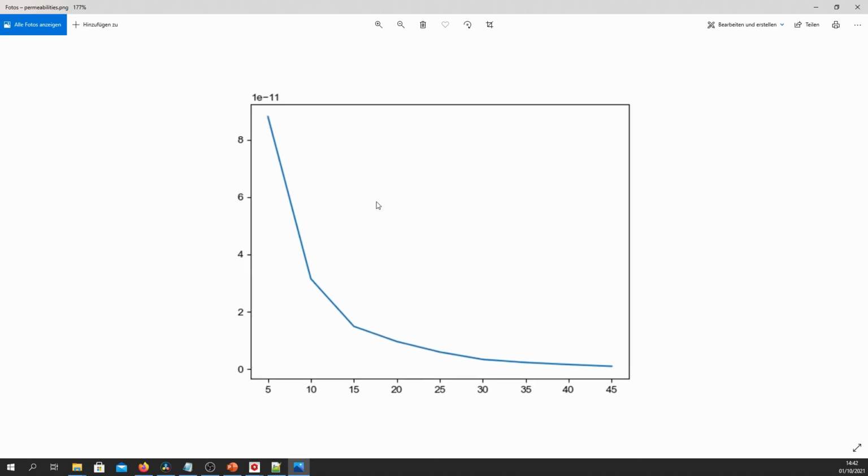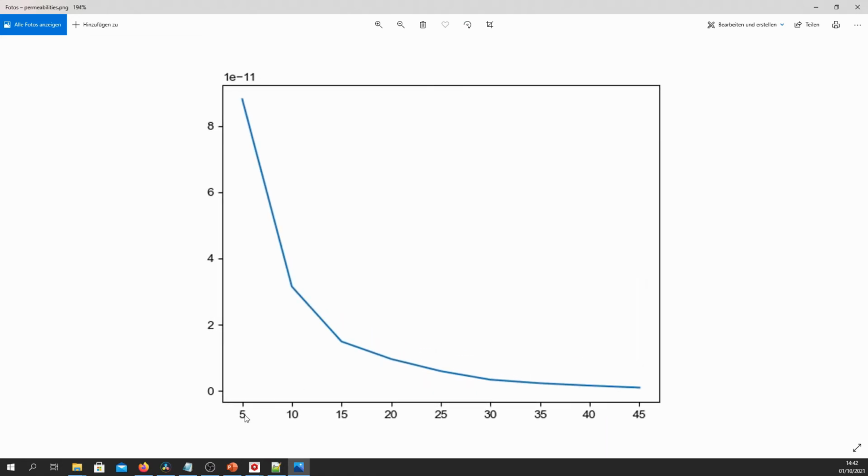And we can see a simple plot which plots the SVP, as again, this goes from 5 to 45, versus the corresponding permeabilities with this scaling factor here. And of course, you can make this plot nicer, but this would be kind of outside the scope of this tutorial. But you can find, as I said, many matplotlib examples online. So, for example, to manually set the scale of the axis, give a title, or give an axis title for the x and y axis.